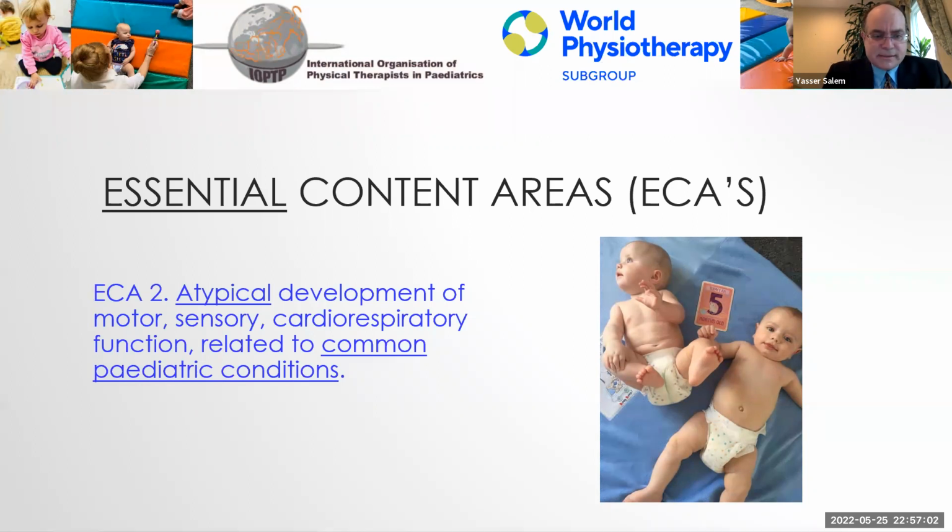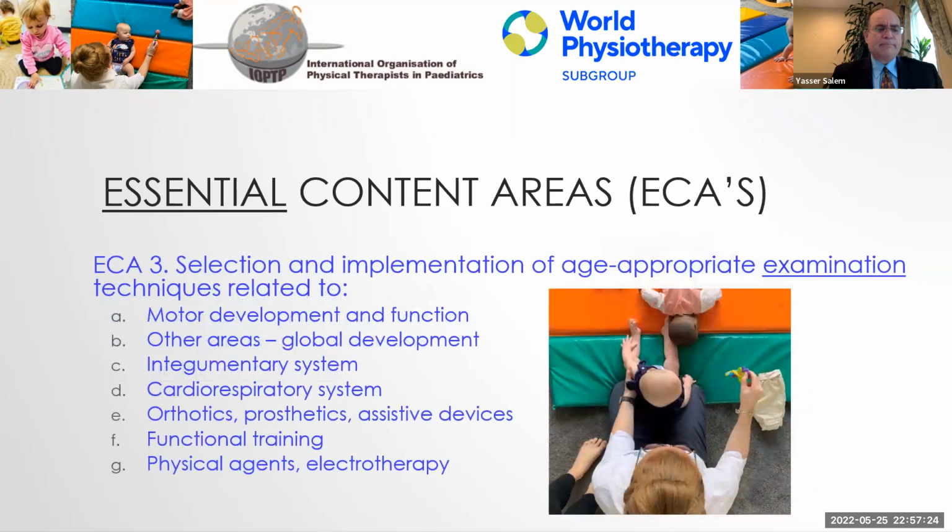So to summarize this slide, knowing atypical development helps us to identify those atypical developments, and knowing each condition or clinical presentation helps us with differential diagnosis, confirming diagnosis, and also setting the plan of care, prognosis, and expectation for each condition. Next slide, please. The other area that we have deemed essential is selection and also implementation of age-appropriate